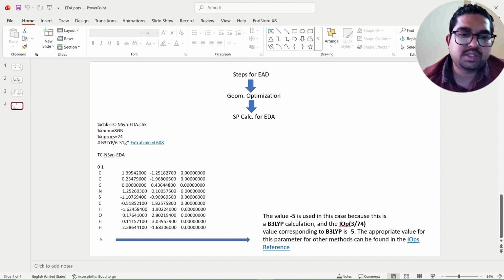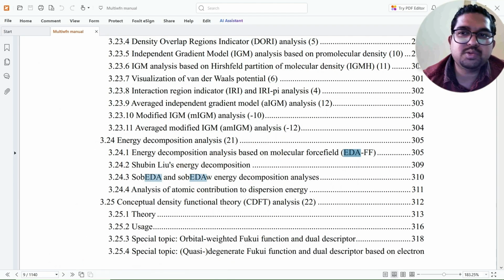Now this is just a single point calculation. It won't take huge time. Once you have performed it, what we need is the checkpoint file for this single point calculation and the output file from this single point calculation. These two files we need, and that's all. Now we'll do the live demonstration. For that,